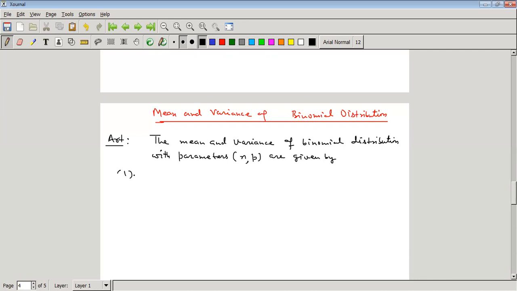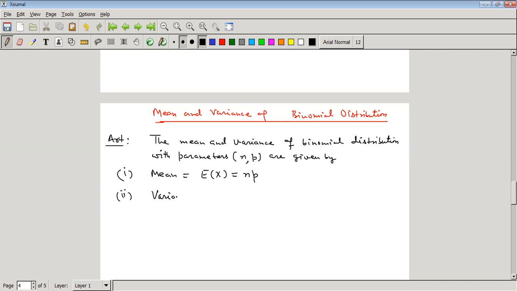First, mean is equal to expectation of X, that is equal to summation i equal to 1 to n, or we can write this is equal to np. Right. Second,